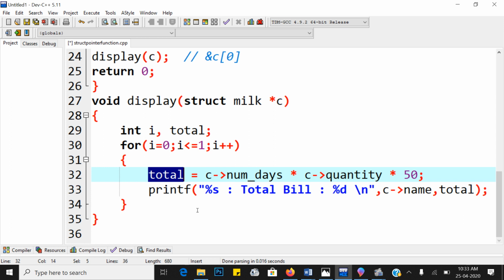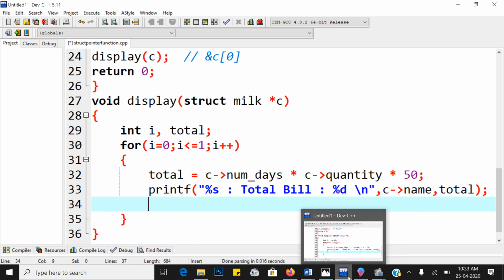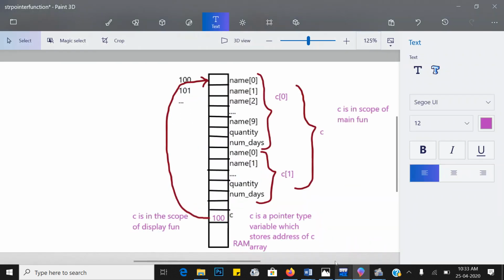If it gives the same bill for the first customer only, what do we want to do? After calculating the total bill of the first customer, the cursor should automatically go to the next customer's base address. Suppose the base address of the second customer is 200.